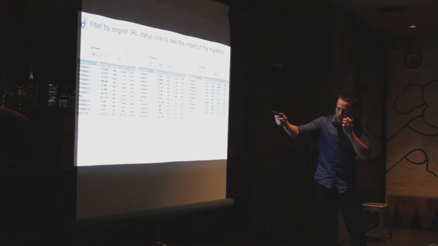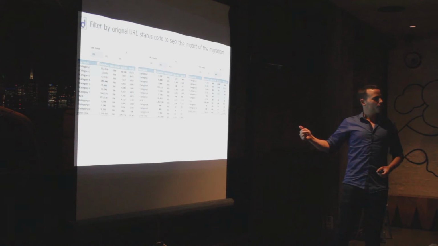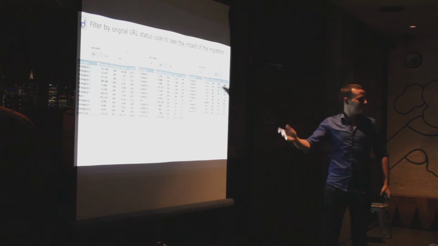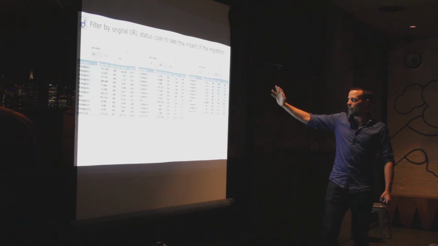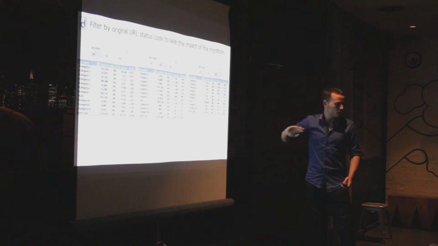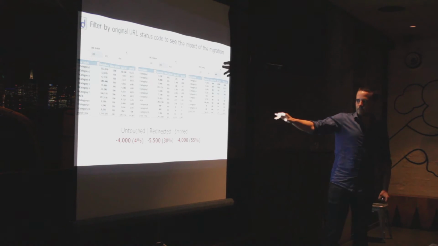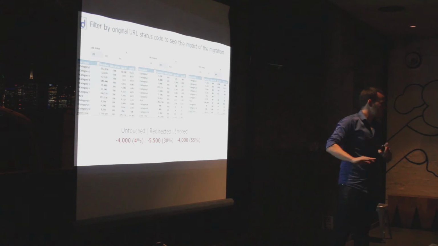And one thing I was doing here was actually filtering this SEMrush data by status code. So on the left we've got the 200, which means obviously that didn't change in the migration. You've got the 301s, which are all the redirects, and then you've got the pieces of content that were 404ing and weren't found. And so what actually happened, the URLs that weren't touched decreased by 4,000 estimated traffic, 4%,